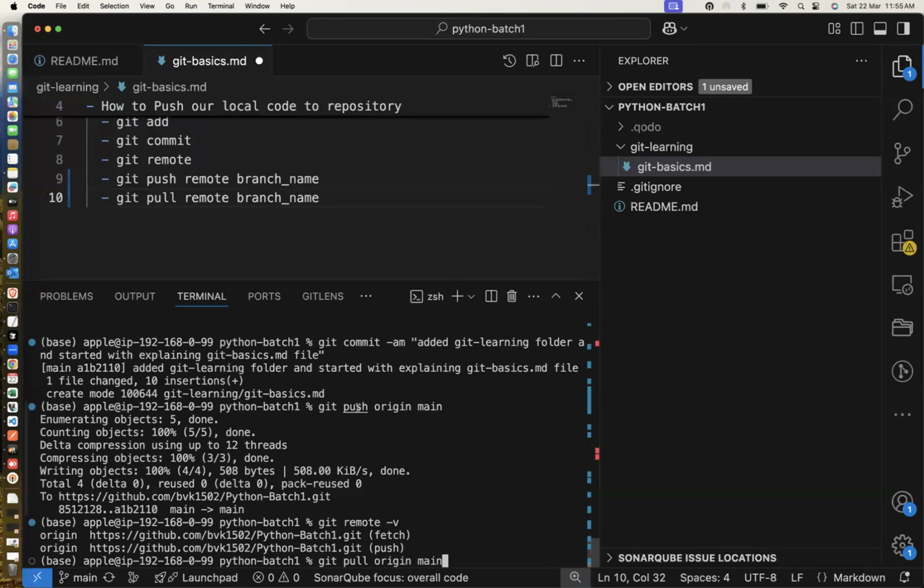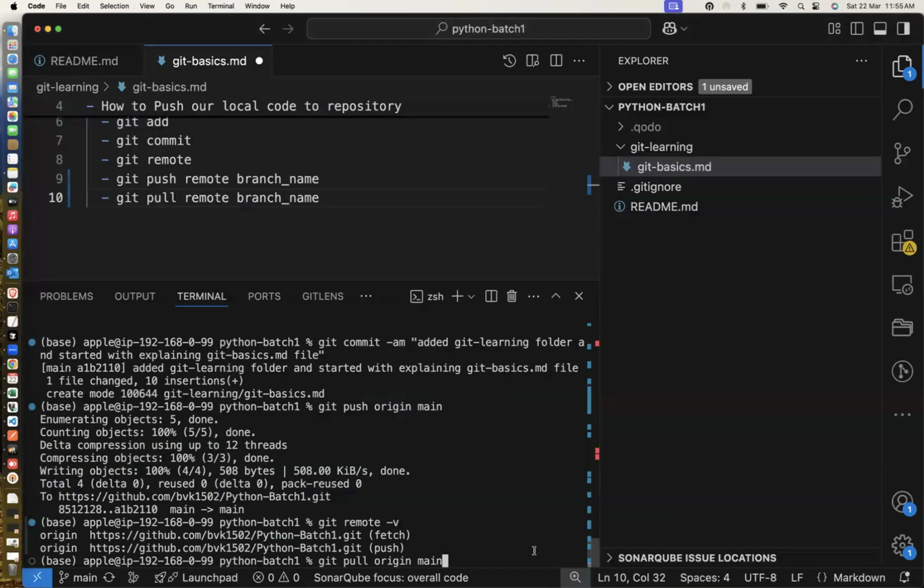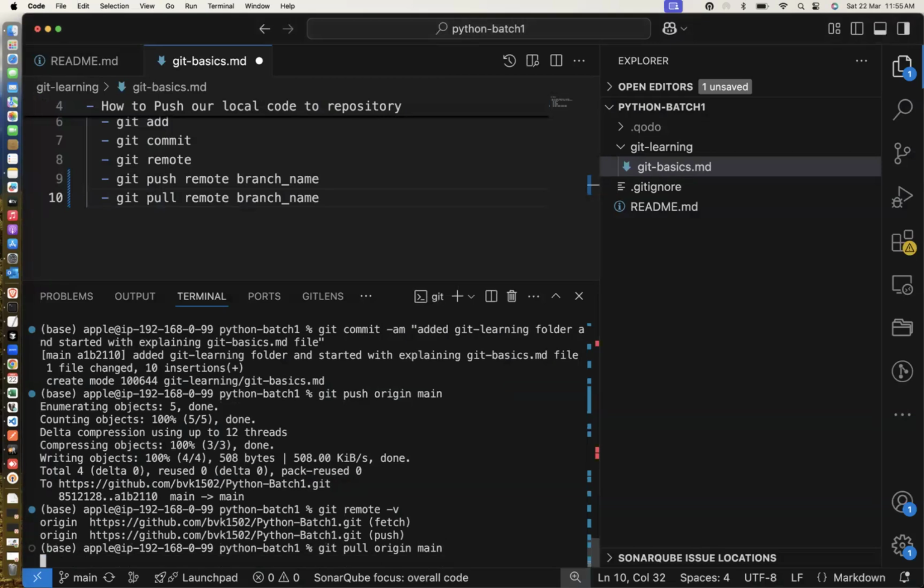Till now, we learned push. We know how to push our changes to Git for which branch we were pushing. Correct. Now I need to pull that code. There is already an updated code in our GitHub. So we need to pull it. So what I'm going to do now, we need to pull it. When I do this pull,